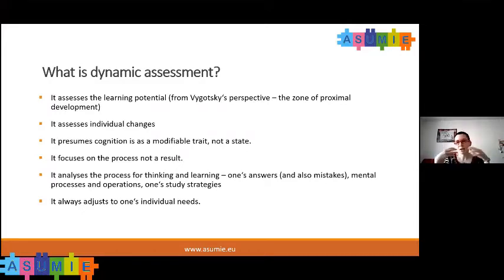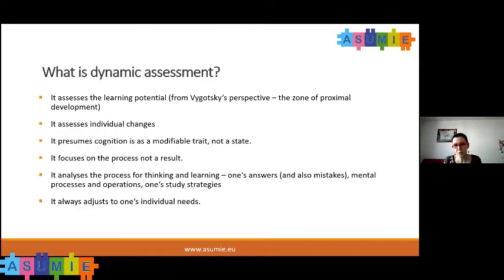Sometimes very easily, but I quite like this explanation because it is based on traditional perspective, traditional concepts. Sometimes we say, in the context of Vygotsky's zone of proximal development, that dynamic assessment assesses the zone of proximal development. It means it doesn't assess the current state, current knowledge, but it assesses the zone where significant others, especially educators or more experienced peers, can impact a child. This is the zone where a child can develop, they can flourish